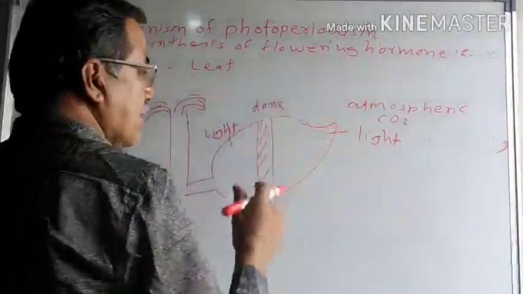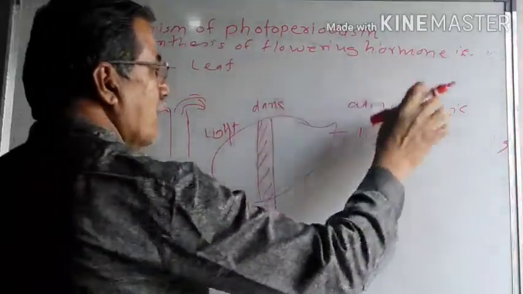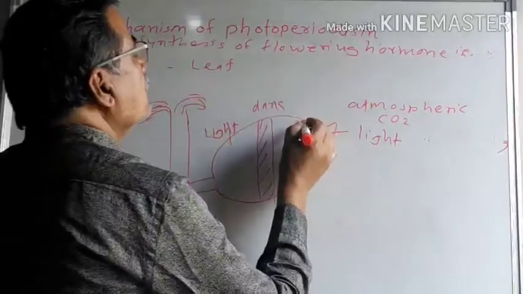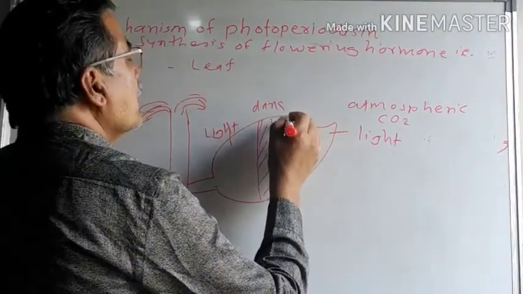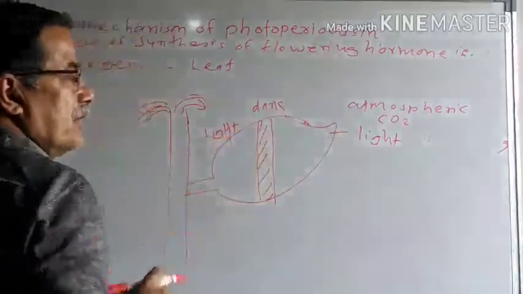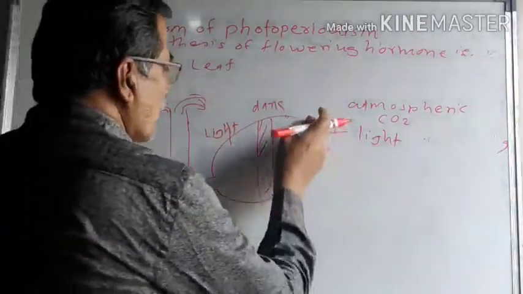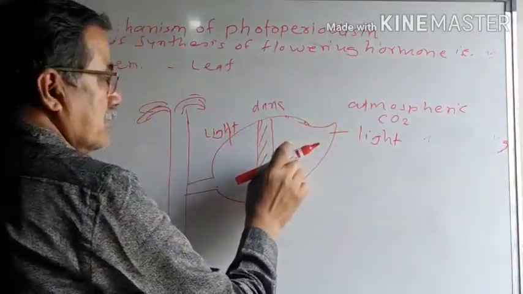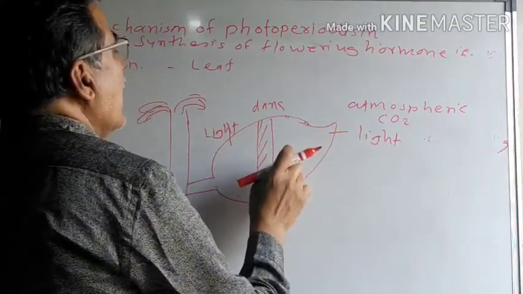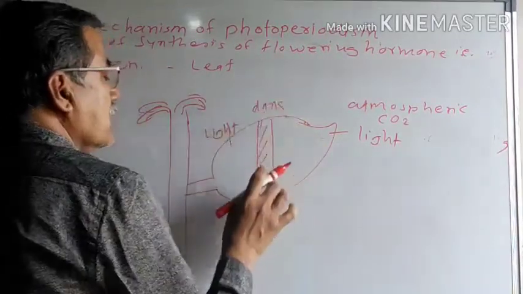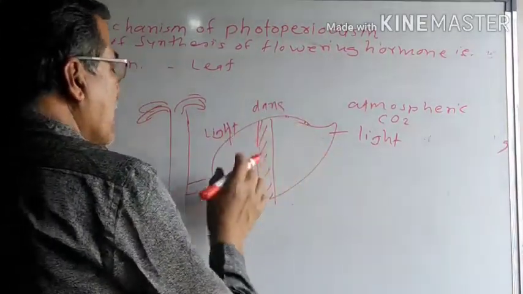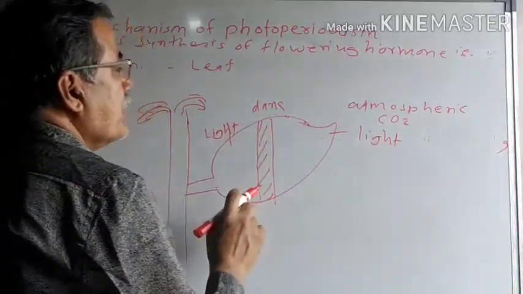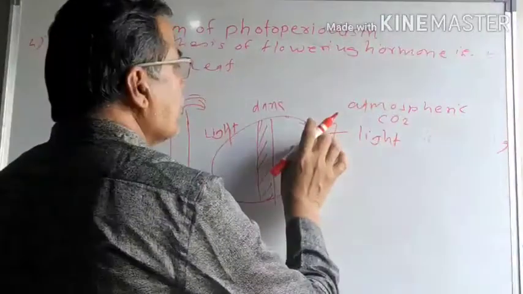Solar energy is trapped, and atmospheric carbon dioxide is absorbed through the stomata, which are located in the epidermis of the leaf. Through the stomata the carbon dioxide enters the plant and it undergoes the dark period. Again, the leaf is exposed to the light period. At that time, the carbon dioxide is absorbed,